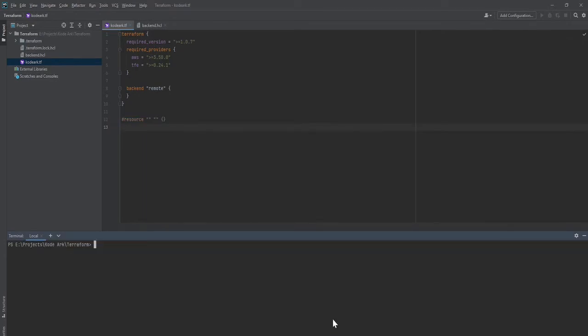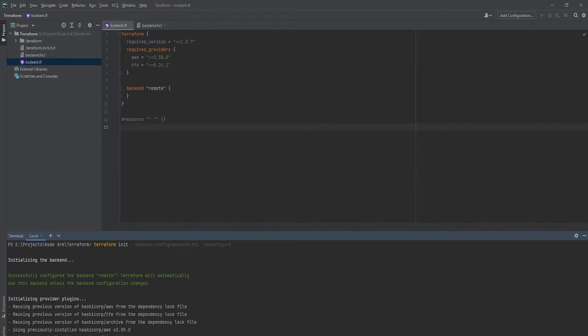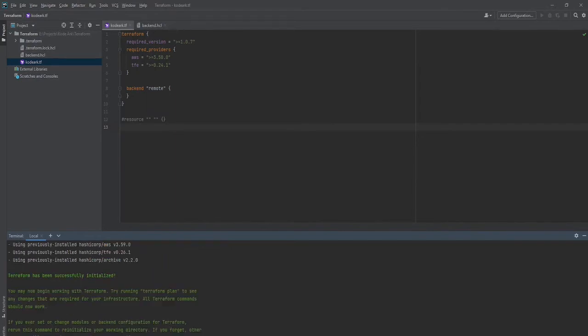The naming of the file is not important. Having .tf is important, which tells Terraform it is a configuration file. So I'll revert it back to the main file.